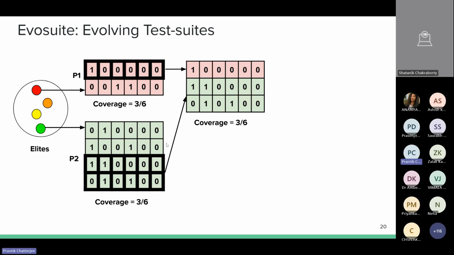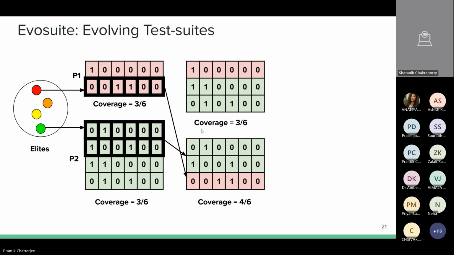Now, if you want to do a crossover operation, let's say my crossover probability is 0.5. So half of both of these test suites combine to form your new test suites. You take the first row from the first parent and the last couple of rows from the second parent. You concatenate all 3 of these inputs. Now you have a new children test suite. In the new children test suite, you see that the first one gives you a coverage of 3 by 6. And if you combine the rest to form the second child, it gives you a coverage of 4 by 6 now. As you can see, the first, second, third, and fourth components were executed by the second child.